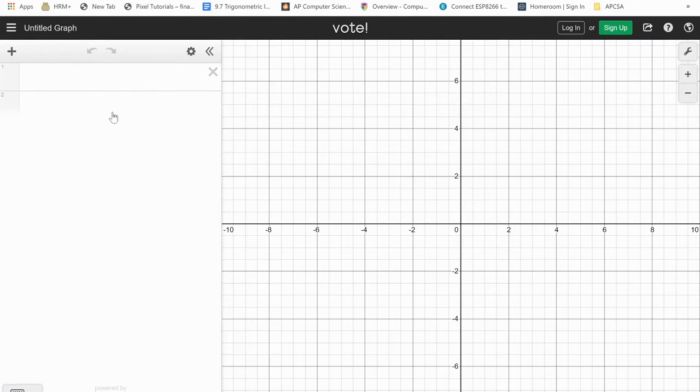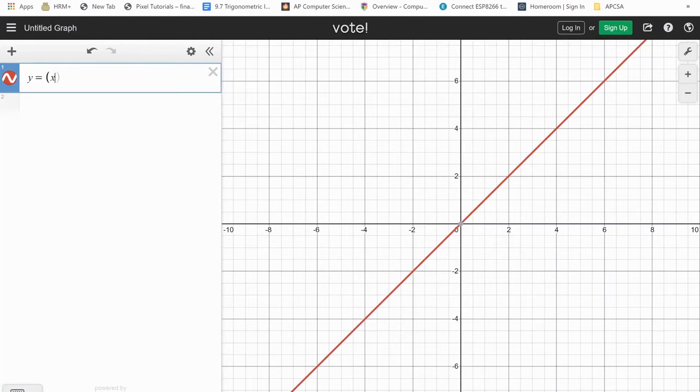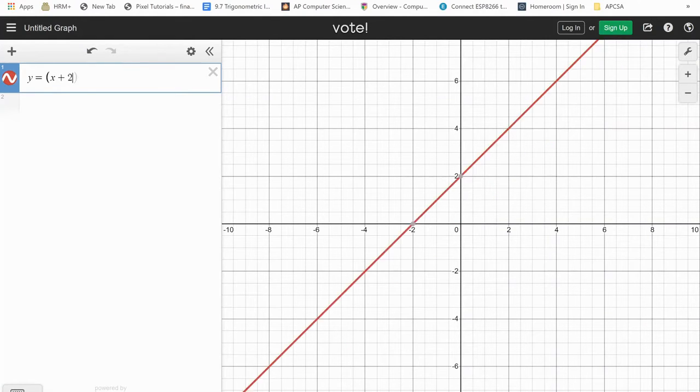Okay. So here we are in Desmos, and I'm just going to type in a graph real quick because part of what we're going to be doing in this one is you're going to be using Desmos to make graphs, and then you're going to put those graphs into your final answer. So if I say y equals x plus 25, let's do x minus 25